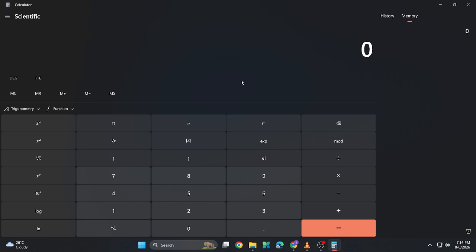And that's how to use scientific mode in Windows Calculator in 2026. Whether you're studying mathematics, solving engineering problems, or performing advanced calculations, scientific mode gives you the tools you need